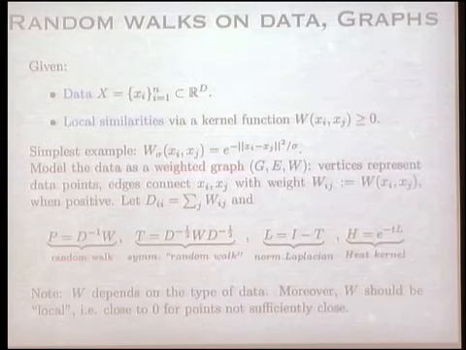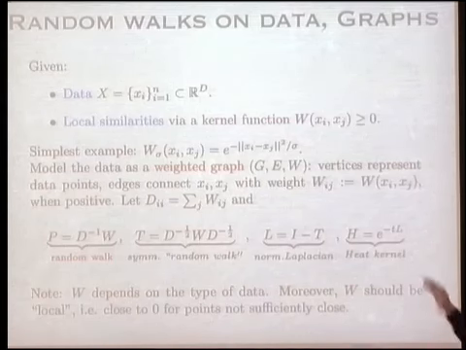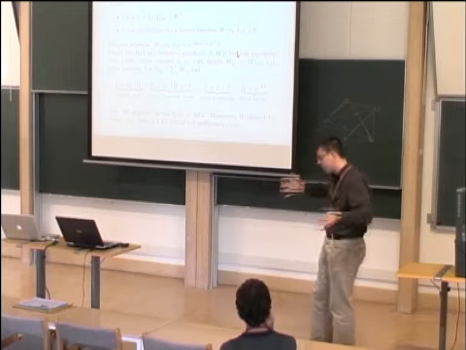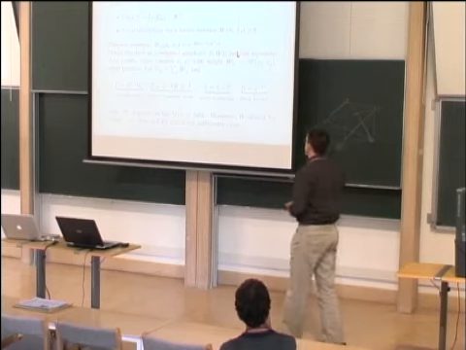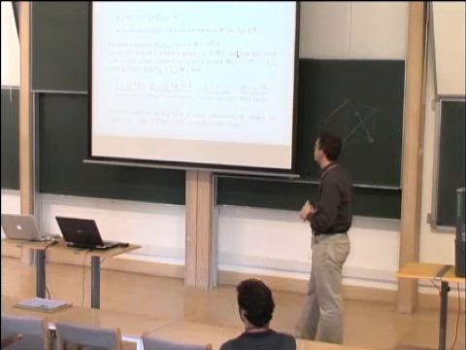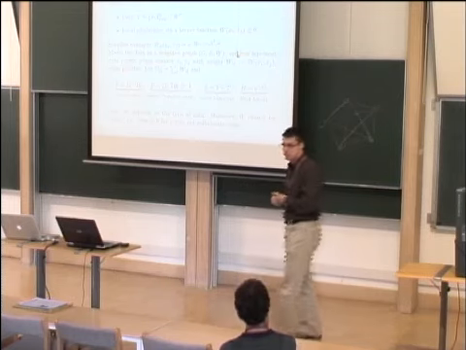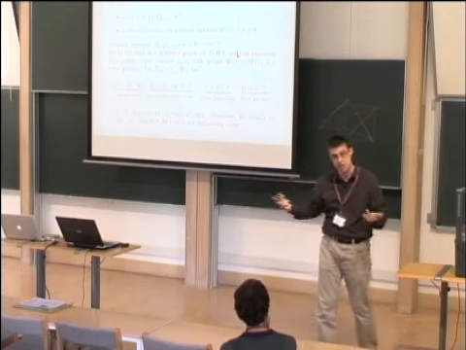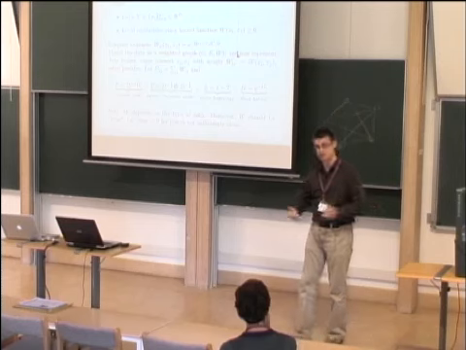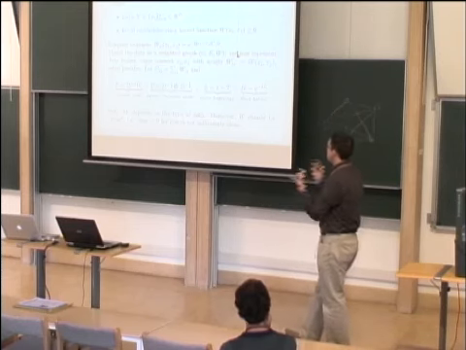This is application specific. A typical example of that is a Gaussian decaying function. That function is essentially assigning very high similarity to points which are closer than a certain scale, square root of sigma, and assigns zero similarity to points which are farther away than that scale, like points which are farther away than 5 square root of sigma are just far away. The similarity is 0. But in general, that W is application specific. If you talk to people that study documents, they have an idea of which similarity you should be using for documents. If you talk to people looking at images, they have a completely different similarity function and so on. So we assume that it's given to us.